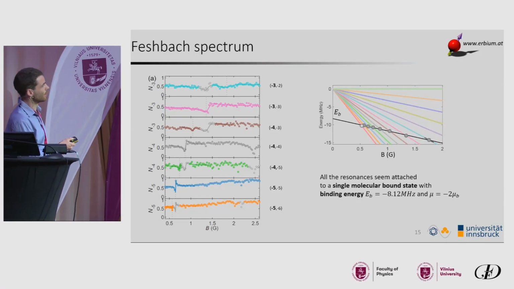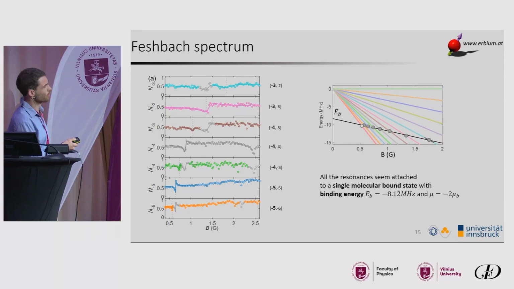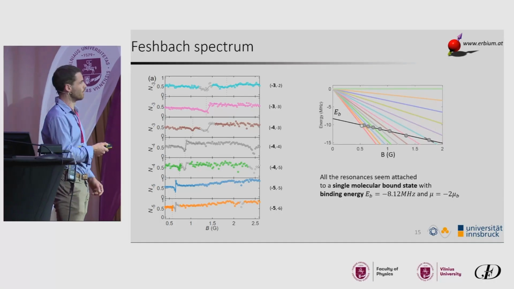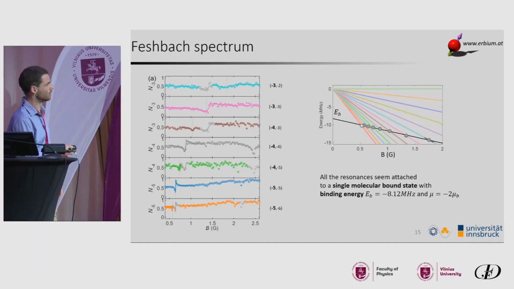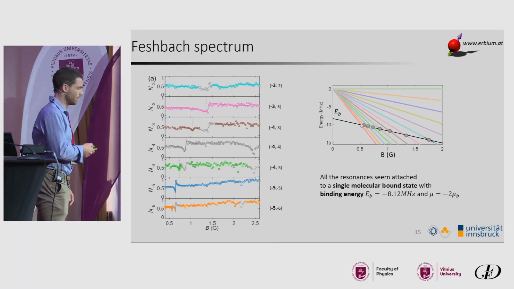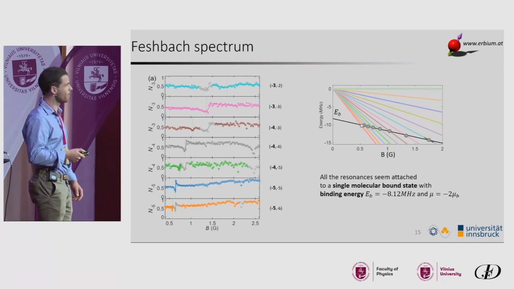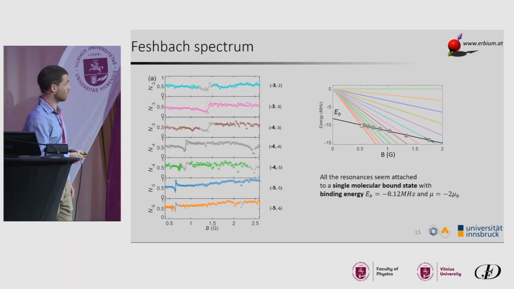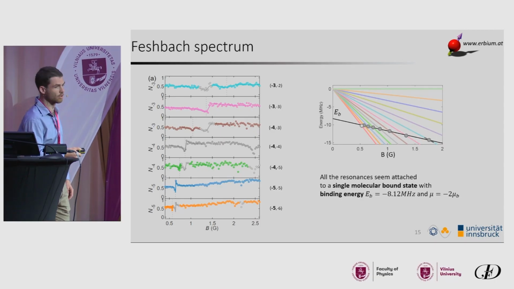And that's just giving you how the energy of the molecular state evolves with magnetic field. It's a very nice line, so we can say safely that this molecule, if it exists, has a resonance. So we can find the binding energy as the zero crossing and also know the magnetic moment. And now we took our small square well model and we just added all those channels the same way and also fit in the molecular state with those parameters.